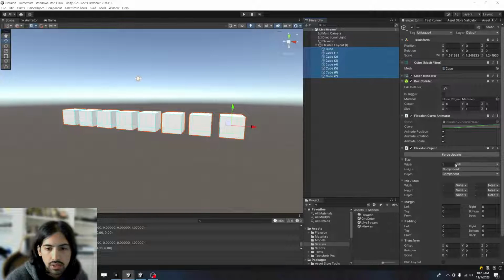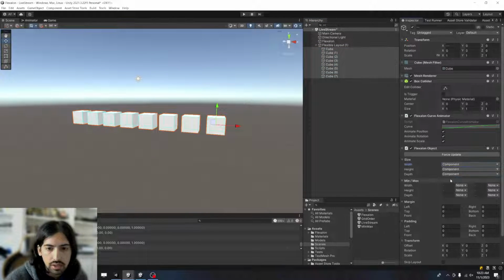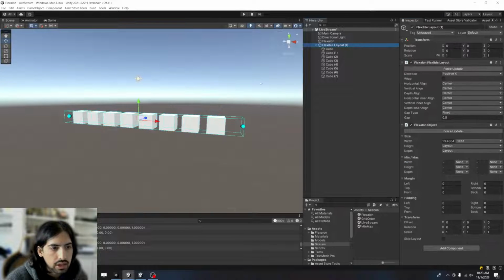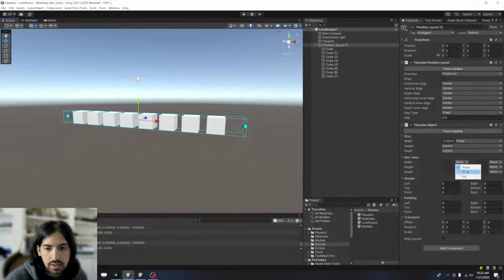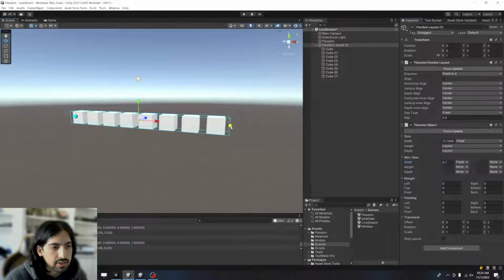The other way to do this is you can leave it as component, and instead you're saying, I don't really care if the layout is too big, but if it's too small, I want to shrink the objects inside. And the way to accomplish that is to go to the minimum value and say that it can be something other than its current value. So if I say the minimum of these cubes, let's say they can be 0.1 in the width, then as I shrink this flexible layout,